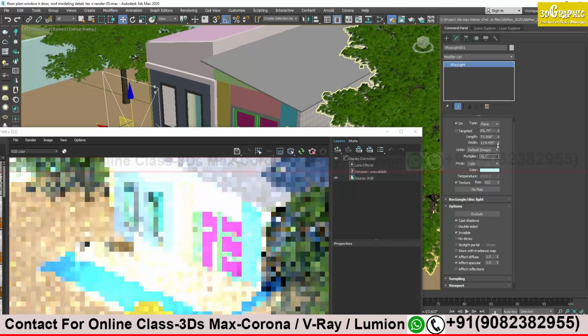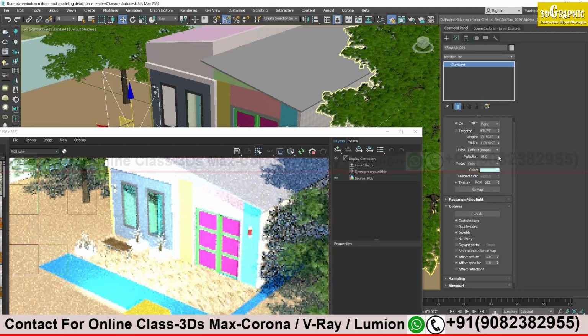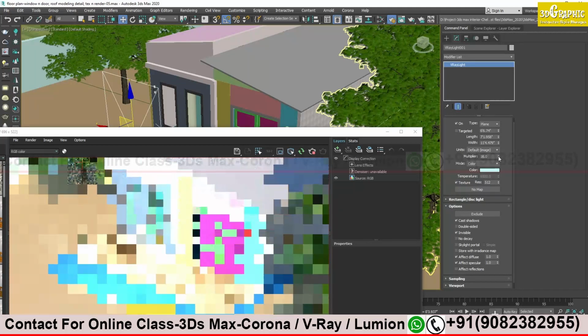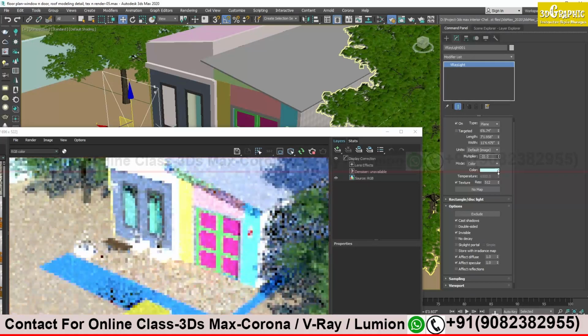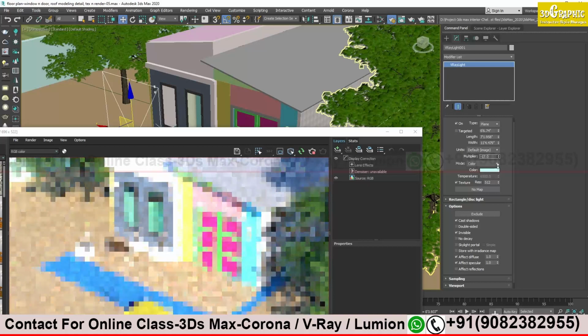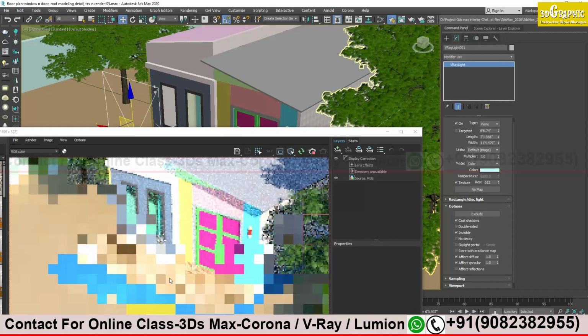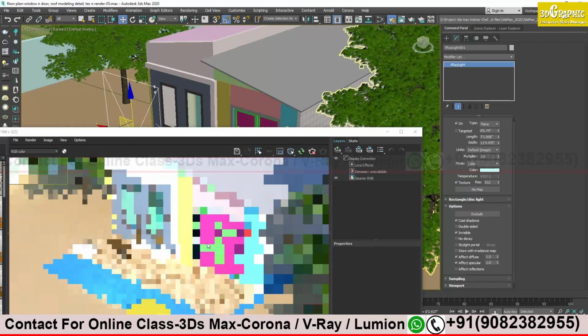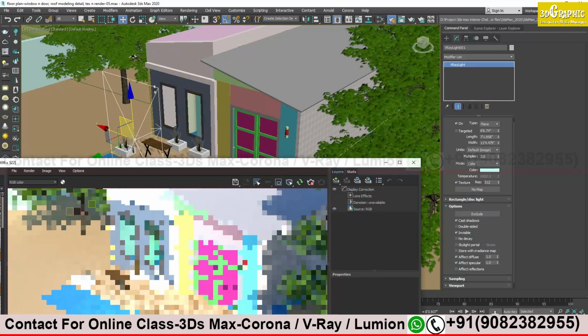So you can give different colors, and you can change this intensity. Let me change the intensity. You see, it is so bright, it's burning. If I decrease it this way, so this is the plane light. It will throw light through this rectangular area in the arrow direction.